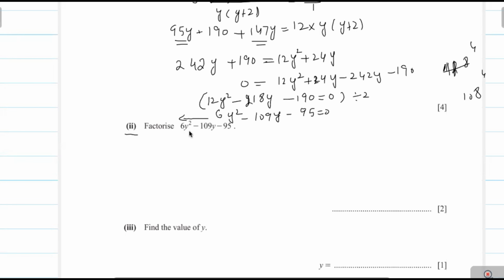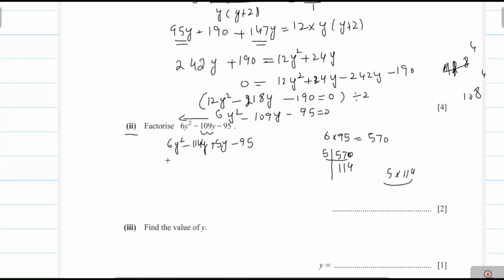We factorize by using the middle term breaking rule. Now you see here, we multiply 6 into 95, we get 570, and we take the factors of 570. 5 multiplied by 114, you see here, if we subtract 114 minus 5, we get 109, and therefore we use this factor for the middle term breaking. Now 6y squared minus 114y plus 5y minus 95, and we take the common